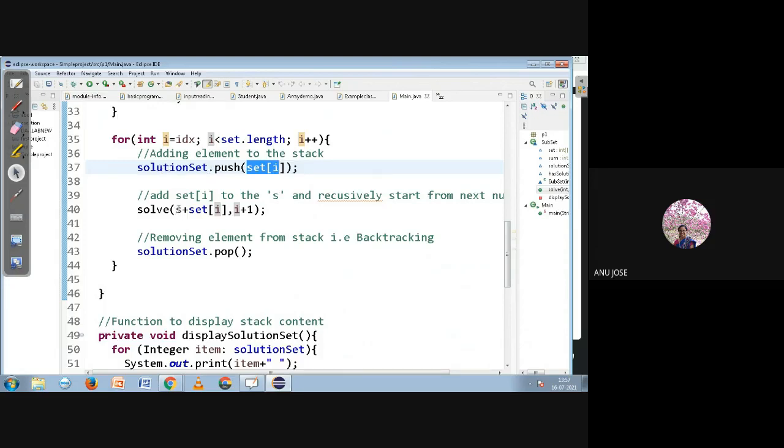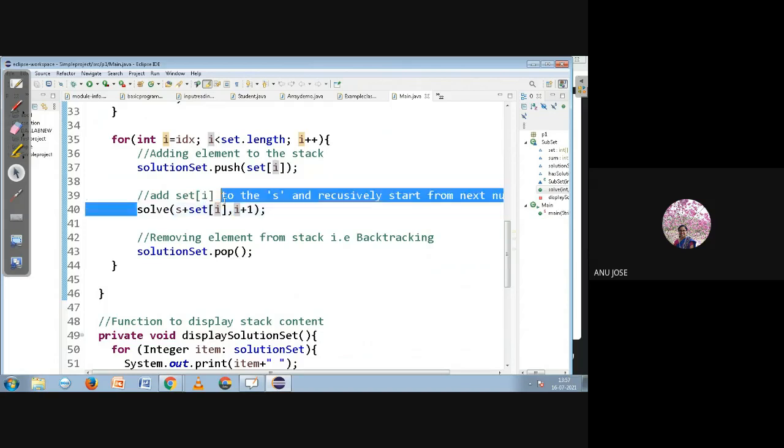And we check whether s plus set of i, the current element added to the previous sum, is acceptable, and then we pass it along with one more element added, that is initially i was 0 and now i plus 1 has increased. That means one element has already been pushed into the stack.